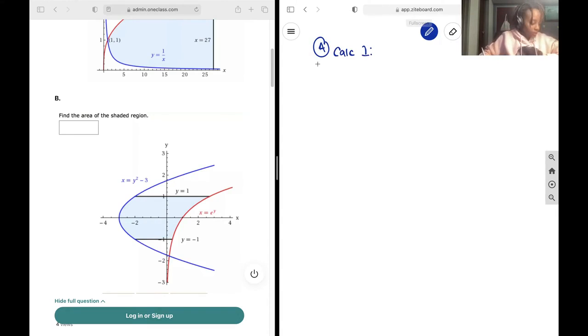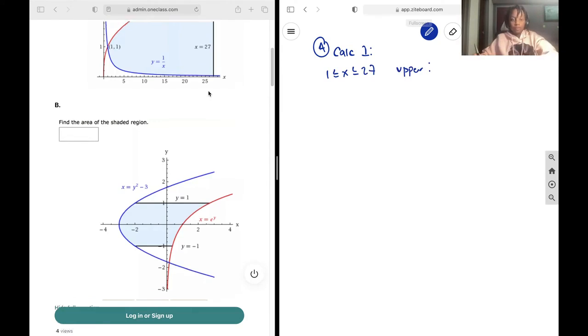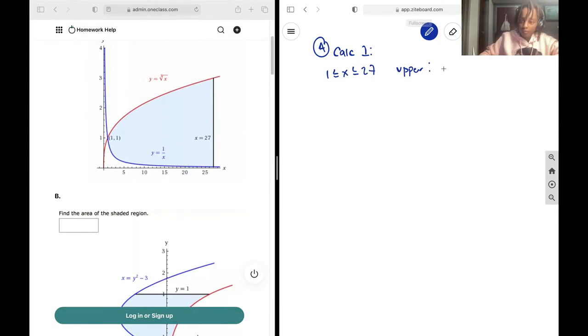So the first method, which is using the upper function and the lower function, we know that our bounds are going to be x is between 1 and 27. Our upper function is going to be the cube root of x, and our lower function is going to be 1 over x. And so let's just write that out, and we get A is equal to the integral from 1 to 27 of the upper function, so the cube root of x, minus the lower function,